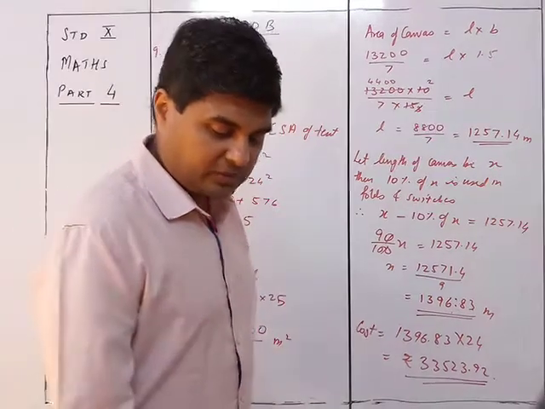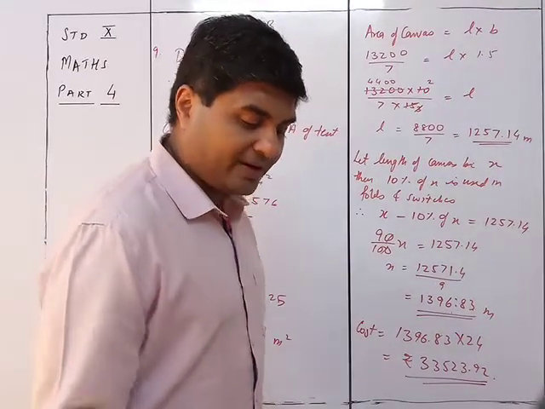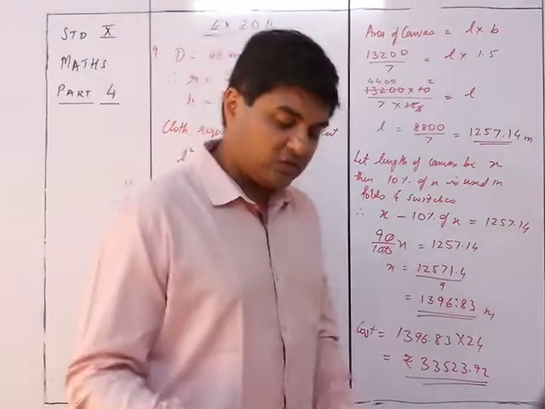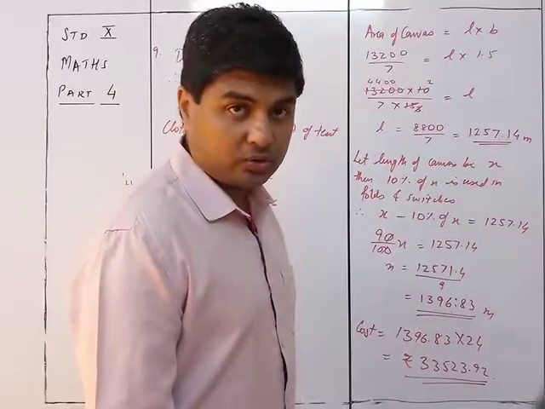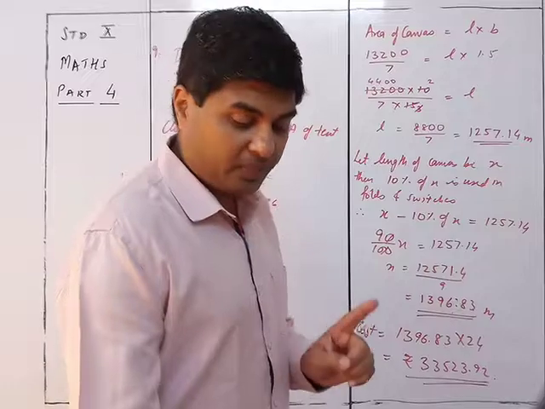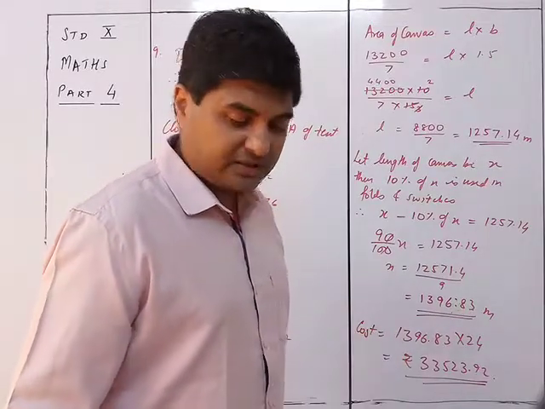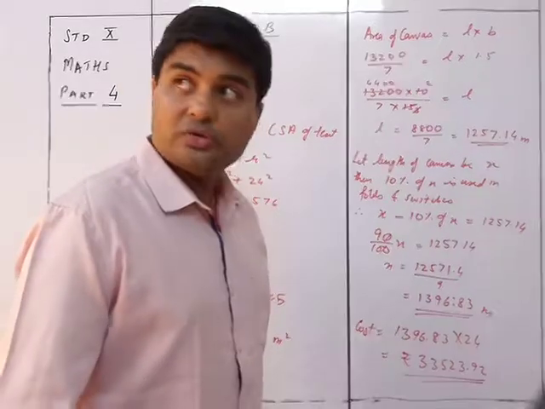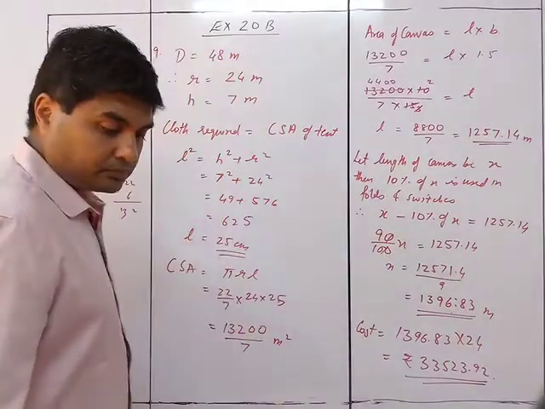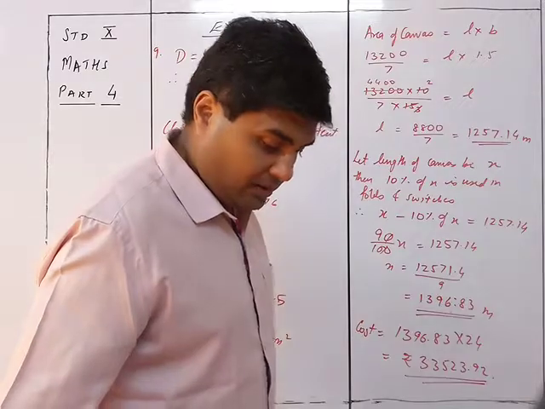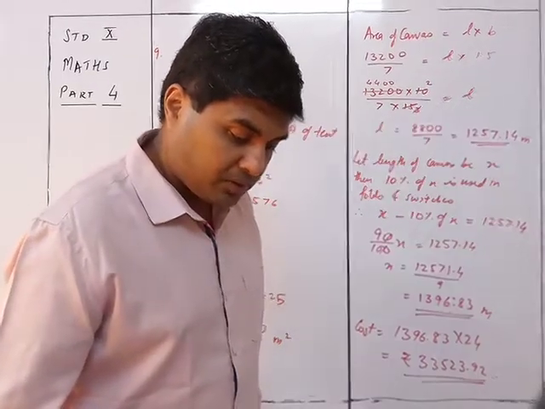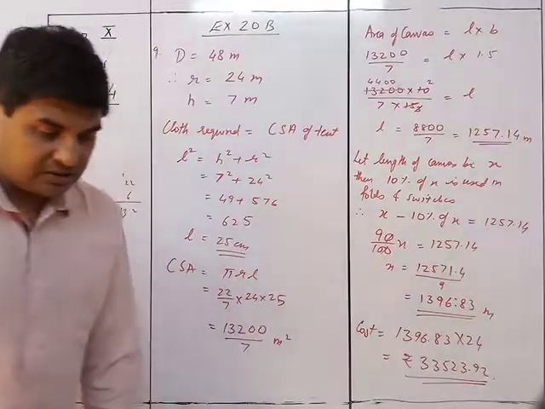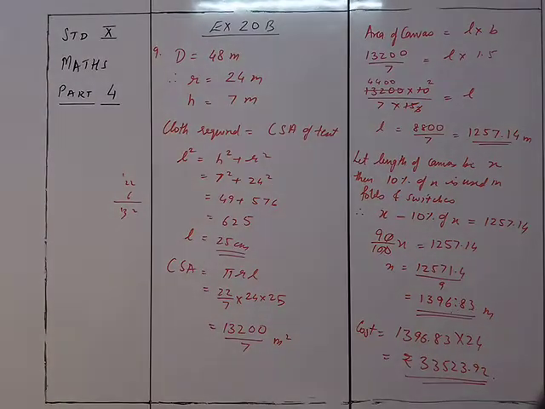You can see solved example number 12, so that you can get an idea of the difference between the two things over there, and accordingly you will need to check the question properly before you do the sum. Check the sum properly, what is exactly asked, and do accordingly. Okay, so this was sum number 9. We now move on to sum number 11. Okay, we'll stop here and go for the next video for sum number 11.